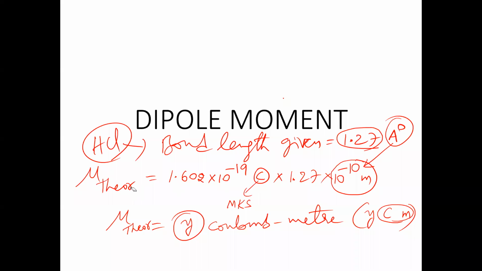So now mu theoretical we have taken the charge of electron in coulombs into the bond length in meters. Now we got this value. The product of this value is what? Y Coulomb meter we got. That is Y, capital C small m. Capital C indicates Coulomb, small m indicates meter. Is that clear? So mu theoretical we got in Coulomb meter. Now this value should be converted into Debye. Now see here, we know that